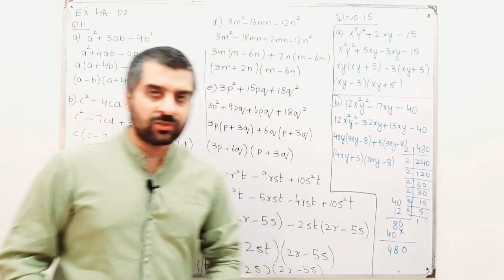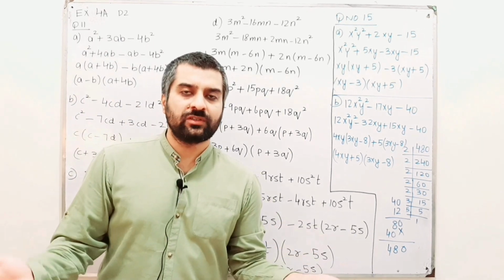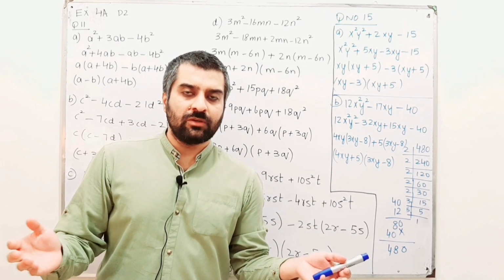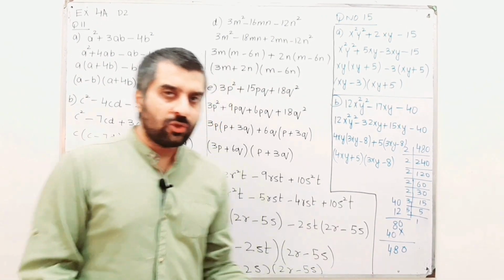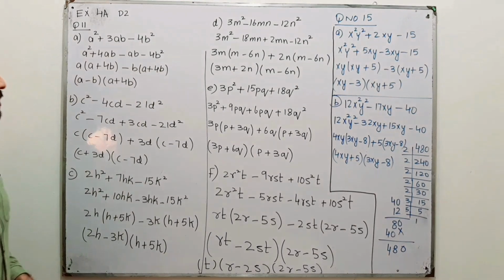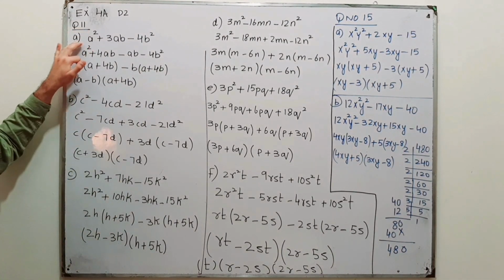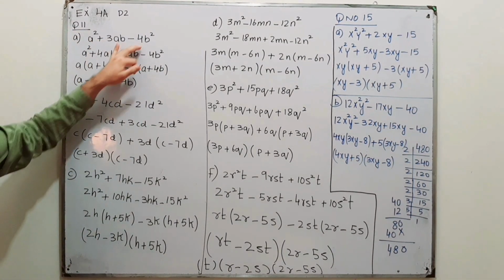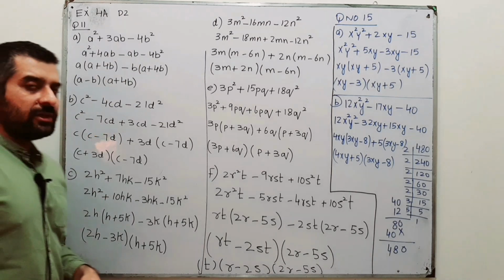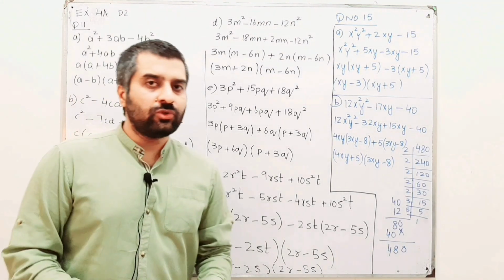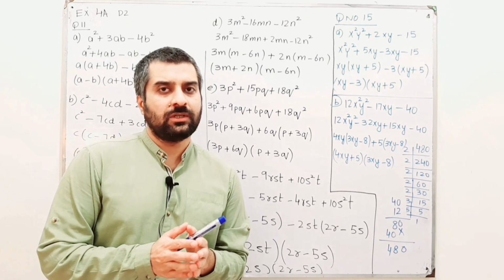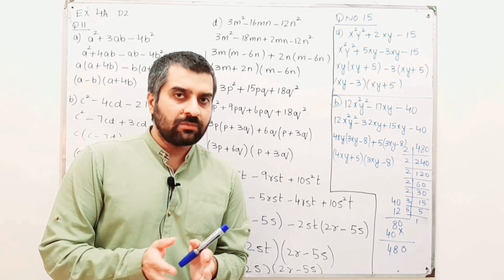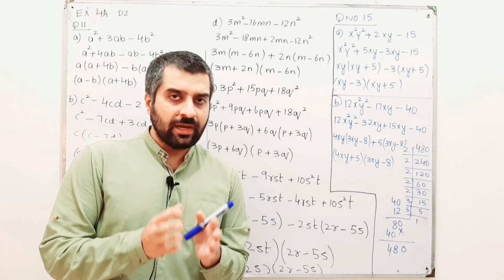So moving to the question, this is related to factorization, and we have to use the technique of midterm break to solve these questions. This is question number 11 part a: a square plus 3ab minus 4b square. Now we have three terms over here and we are going to do midterm break. When you need to factorize and you have three terms, then midterm break is the possibility, and in that case